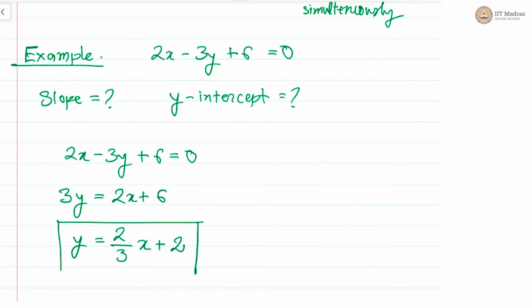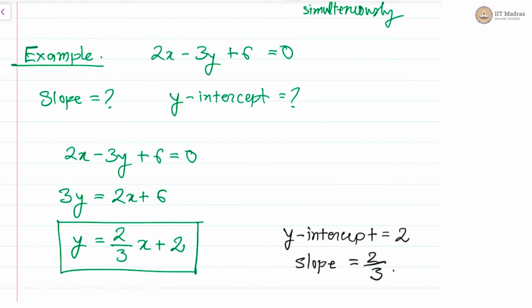Voila, you have actually figured out what is the y-intercept and what is the slope. What is the y-intercept over here? The y-intercept over here is simply 2, based on our slope intercept formulation, and the slope of the line is simply 2 by 3. That's it. So we have figured out what is the slope and y-intercept based on the conversion to slope point formulation. There will be various variations of these formulations. You simply need to convert it to slope point form if it is a non-vertical line.